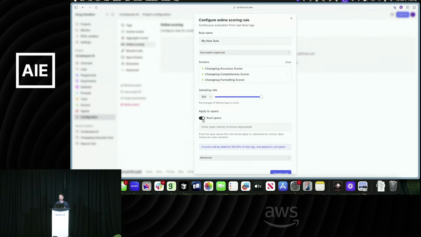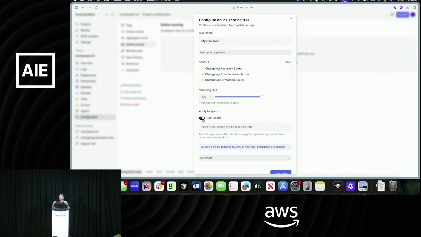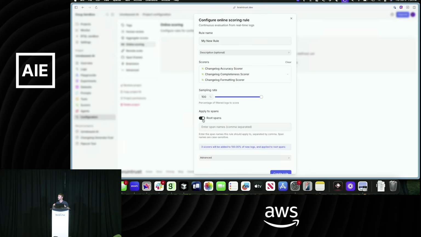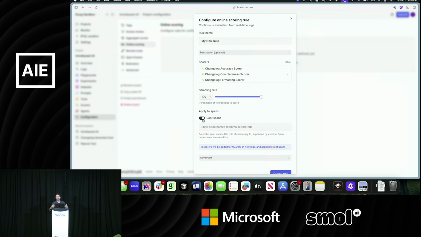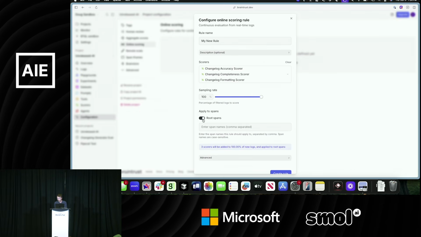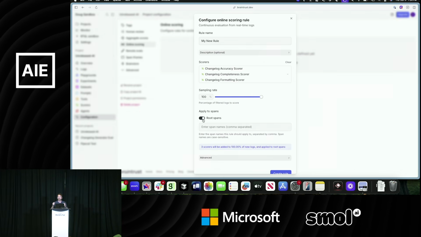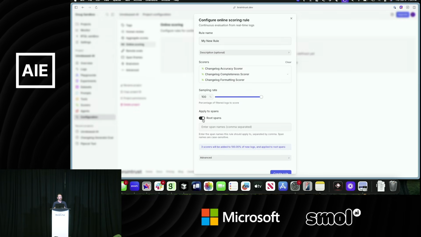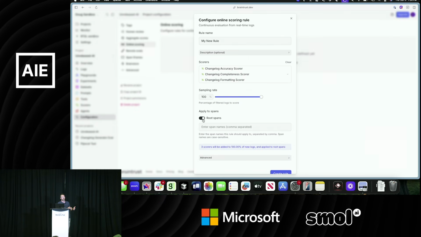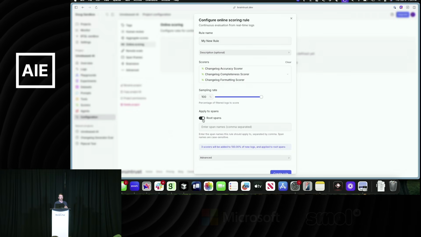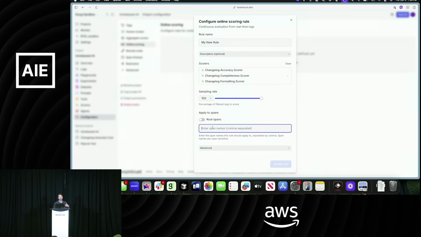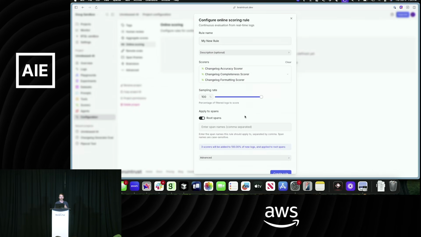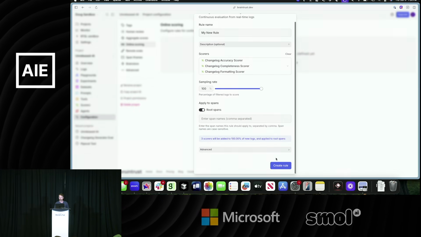The other thing to call out here is that you can apply these to the individual spans themselves and not the entire root span. This becomes beneficial when you are invoking tool calls, or a RAG workflow, and you want to create a score on whether or not what it gave back is relevant to the user's query. So we can create a score specifically for that and highlight what that span is here. Again, very flexible in how you apply these scores to the things that are happening online.